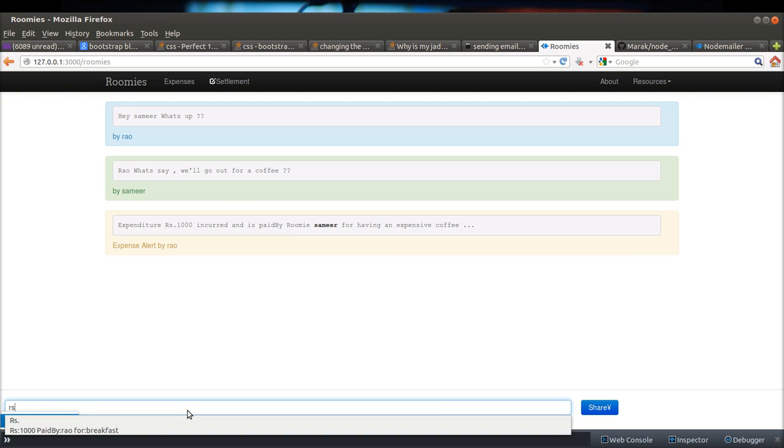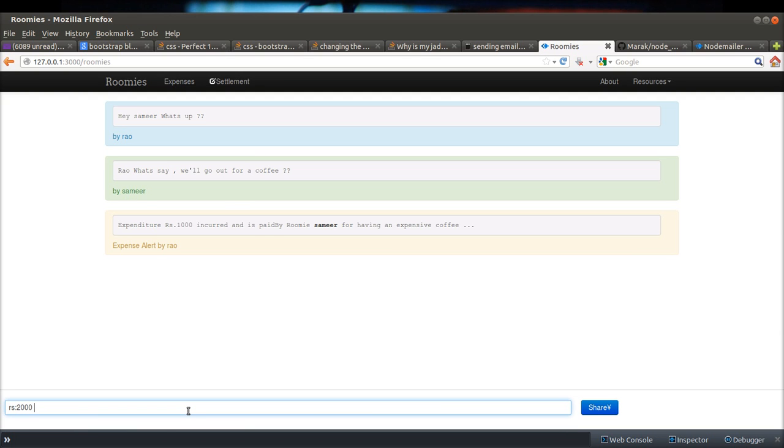So rupees 2000 paid by. So the format is rupees colon amount space paid by colon. If you add an invalid name, paid by Naveen, Naveen is not in the list of roomies. And for dinner,